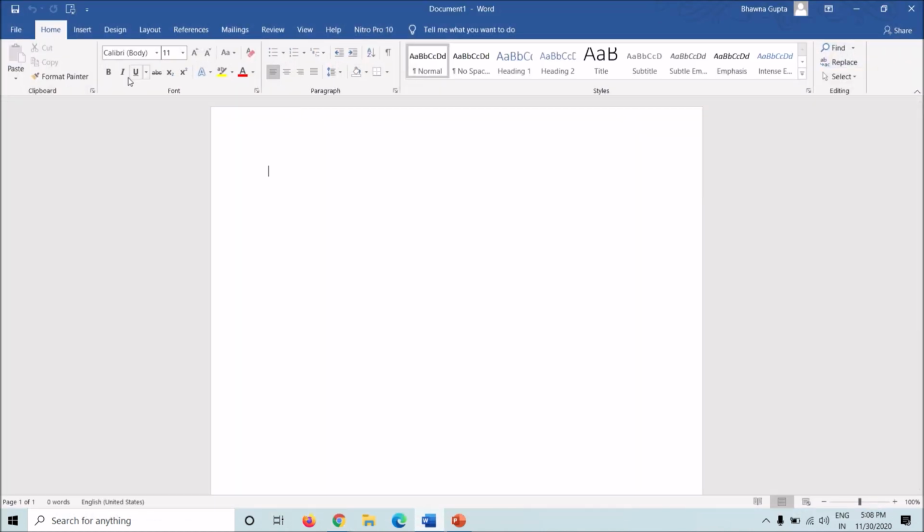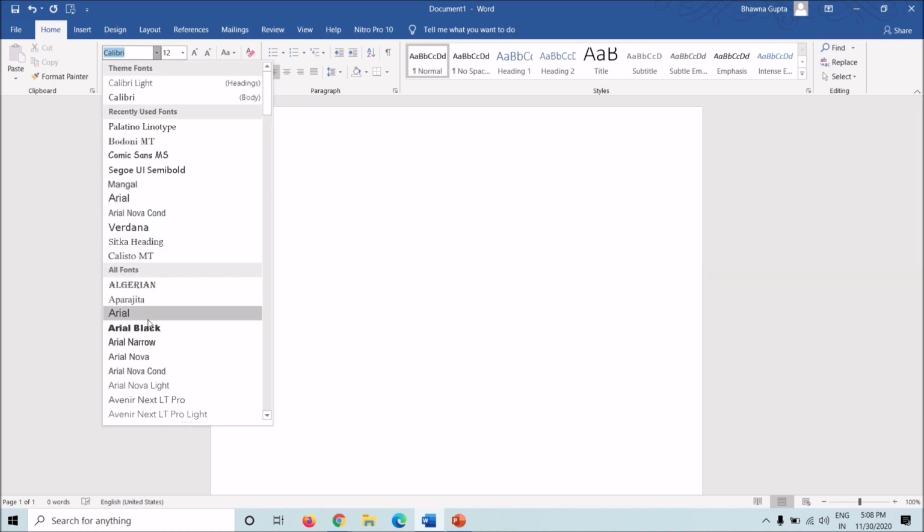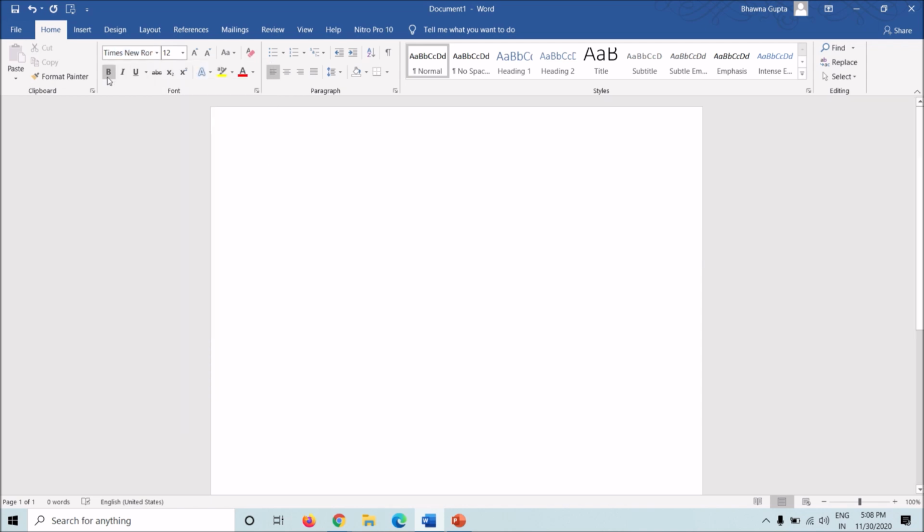It's the same thing here. The font size, you can choose the font, bold, italics, underline, it's all the same for Word. The basic options are the same. This is the highlighter part, this is the text color part. However, what Word and Docs, okay.